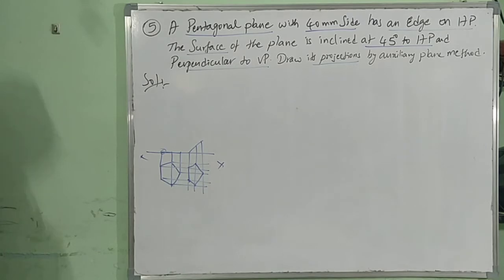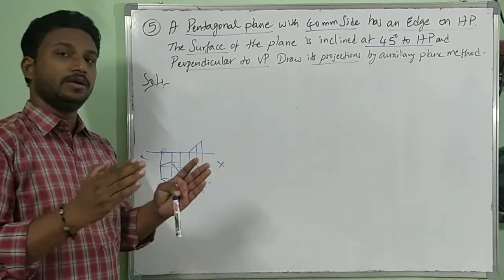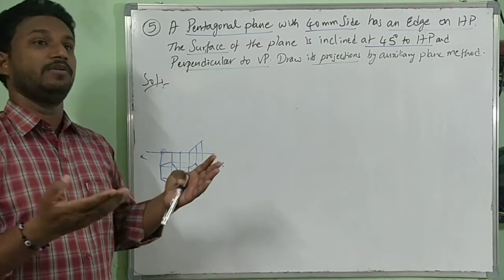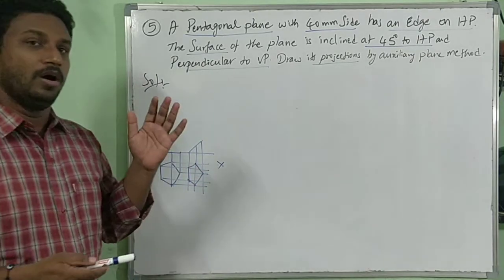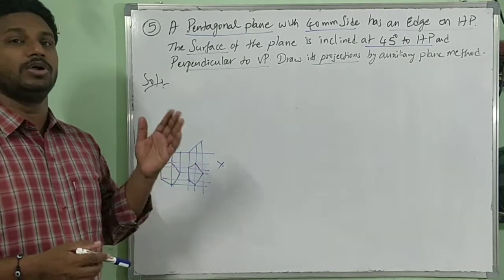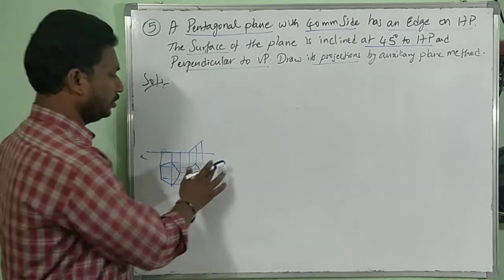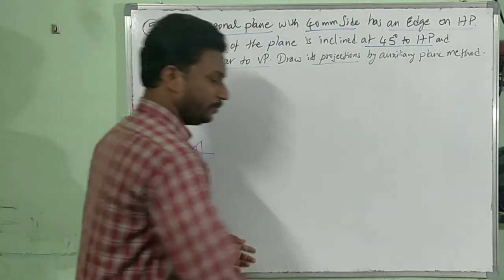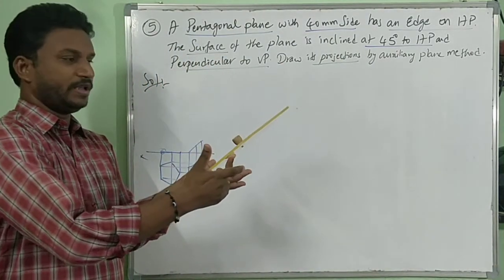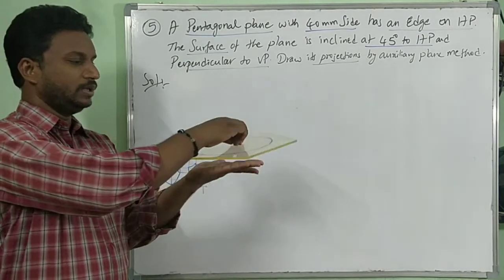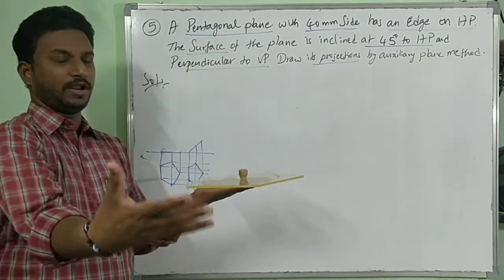Now in the auxiliary plane method, we are also supposed to draw the same. Remember, in auxiliary plane method, in projections of lines, first of all we assumed a line should be parallel to both the planes. Here also the same. In auxiliary plane method, projections of planes, you are supposed to draw the true shape first. So just keep this aside, and I would like to take this as reference and I will draw this. So what is this surface? Inclined at 45 degrees. Here the front view will be a line. Removing this, the surface will be on HP. Now the top view is the true shape of the pentagon, and the front view is a line.